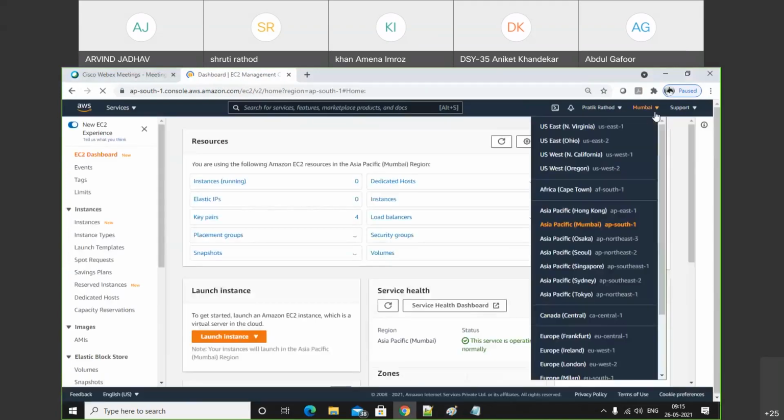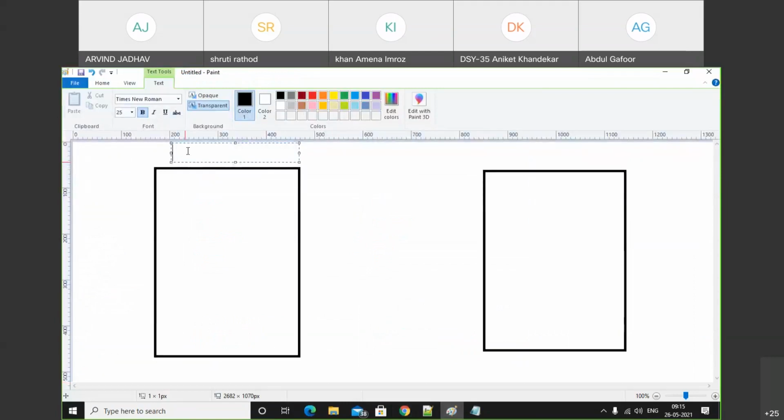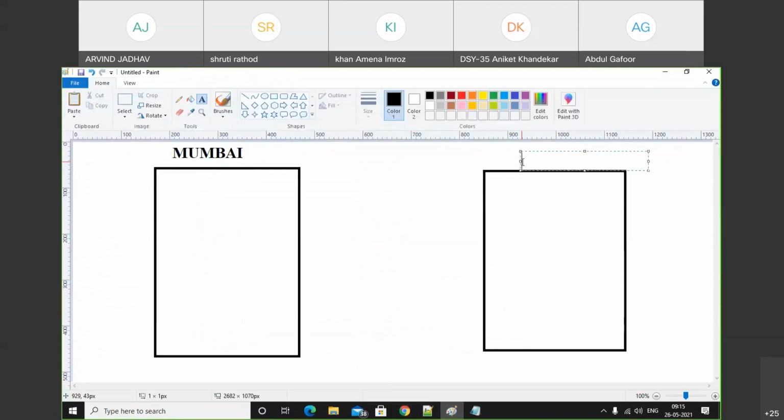These are the bunch of regions that are available: Virginia, Ohio, California, Oregon, Mumbai. So assume that this one is Mumbai, this one is Ohio.